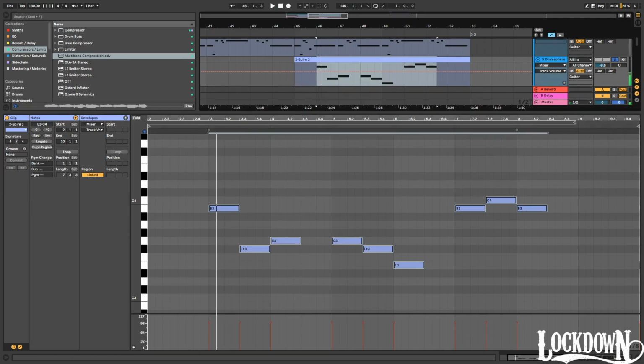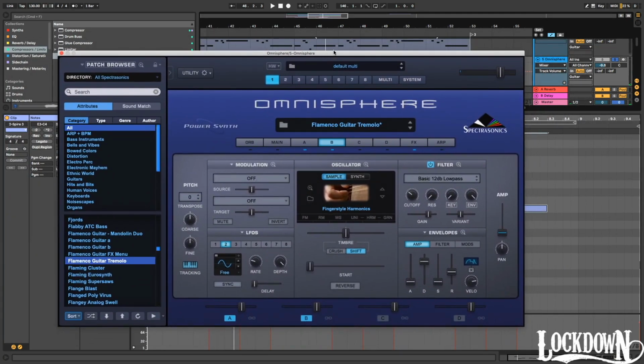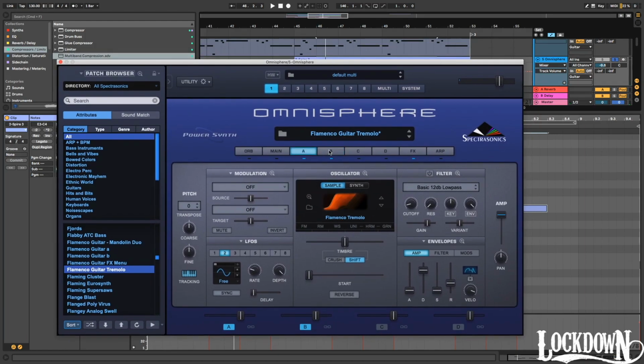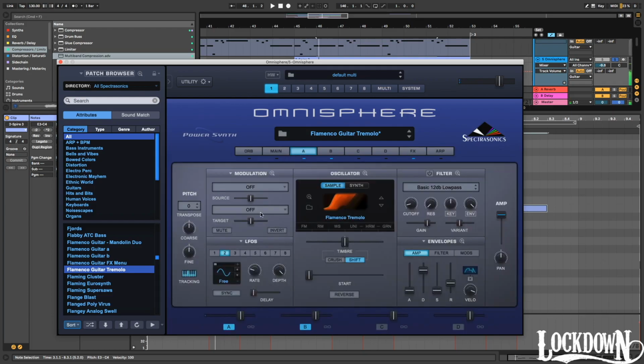Hold on a minute. See, learning time. If anyone knows how to speed up that thing, the tremolo. Oh no. Would have been a good idea. I've got a feeling it's got to do with the LFOs, but